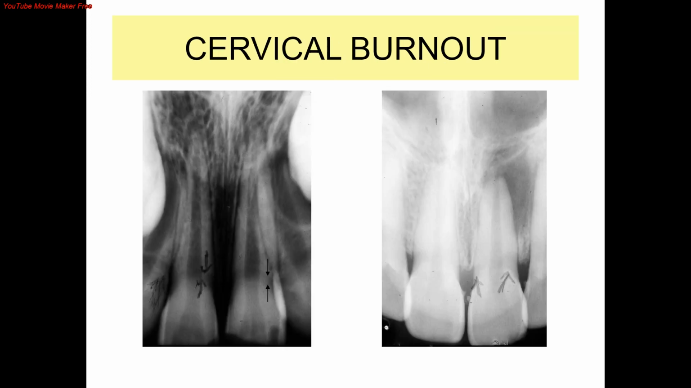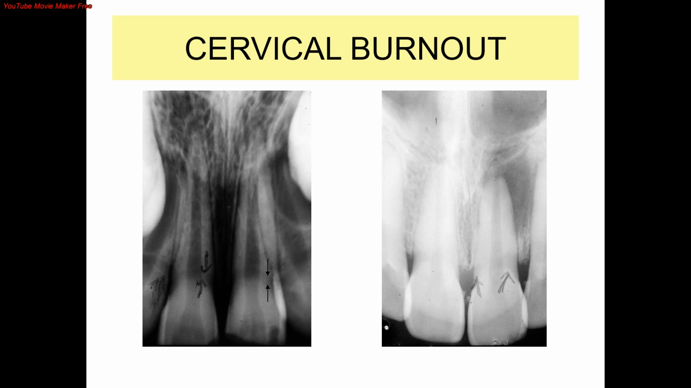These types of black lines are seen due to dirty rollers in automatic film processors and are called roller marks. Now here, the radiolucent band seen at the cervical area of the teeth is called cervical burnout,